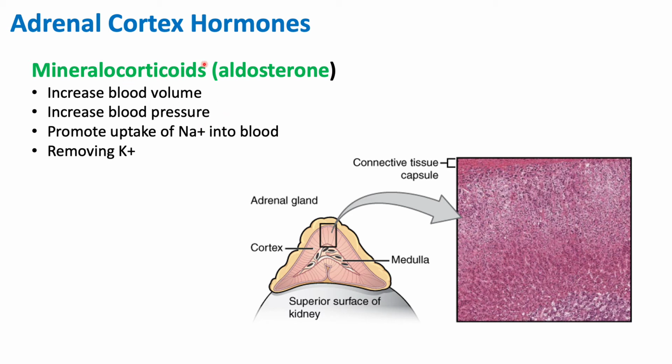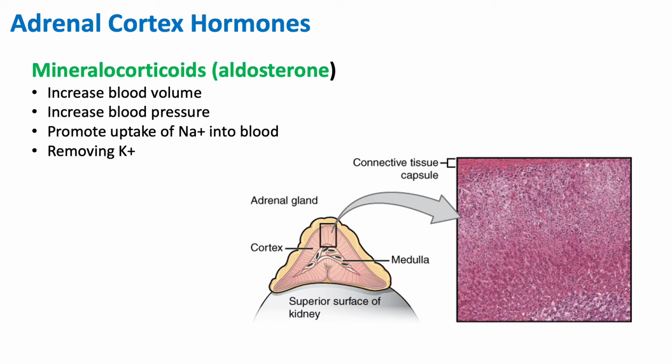So mineralocorticoids actually increase our blood volume and increase our blood pressure. Now, it's important to understand how this happens. So essentially, our adrenal cortex may release mineralocorticoids when we want to increase the uptake of water into our bloodstream. So in order to increase our uptake of water, there has to be a higher concentration of ions within our